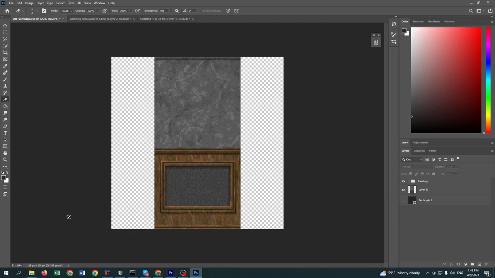So today I'm going to be making a painting for ZDoom and I will start with Photoshop. It's a pretty simple concept. I have a simple texture for 64 on 128, but my whole work area here is 128 on 128. So what I do, I take this frame out of this standard texture and now I can hide it,